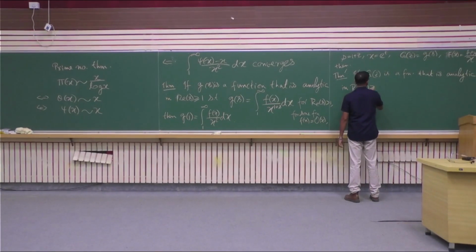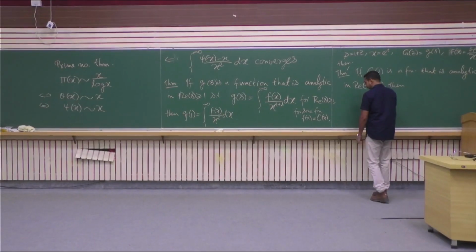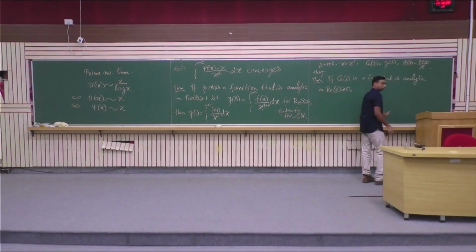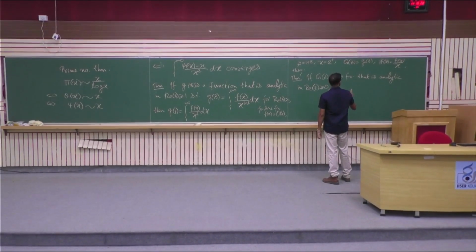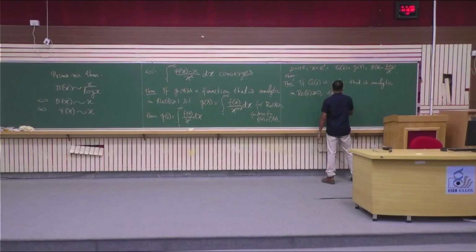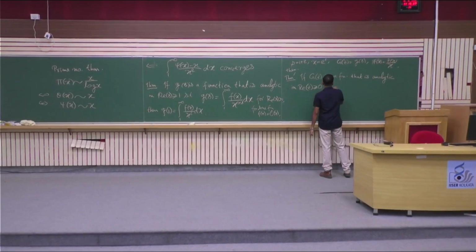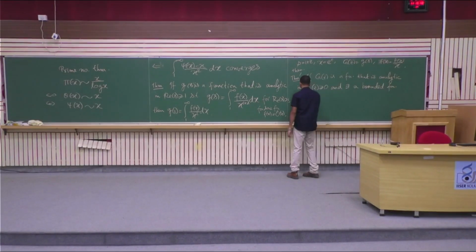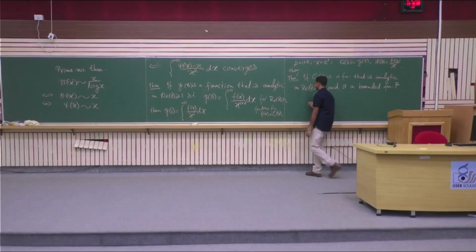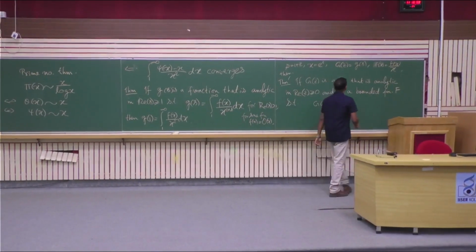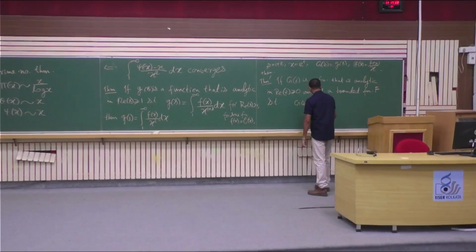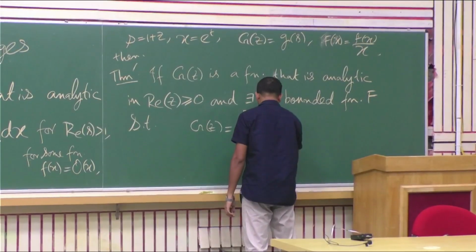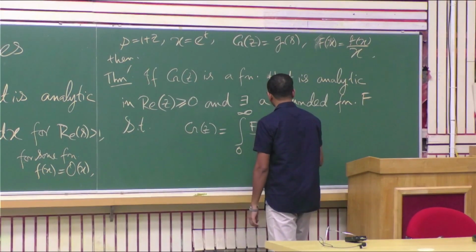and also there exists a bounded function capital F such that G of z is, because we are replacing x with e to the power t, the integral from 0 to infinity of F of t by e to the t z dt,